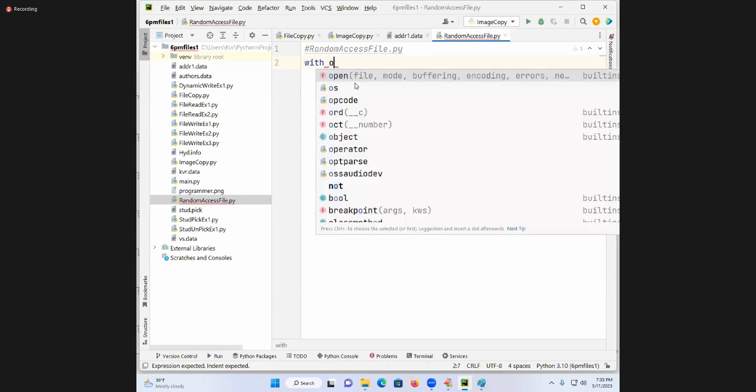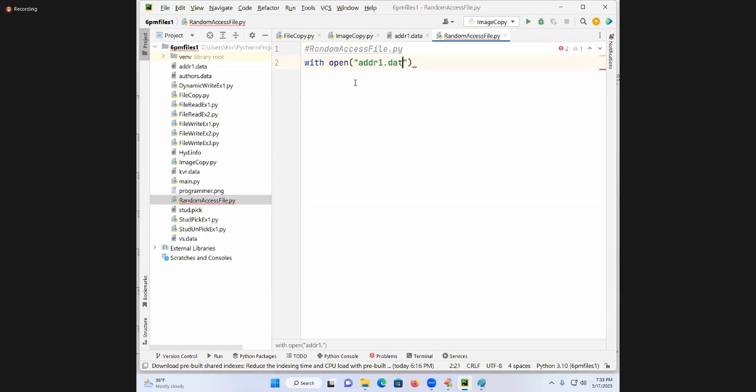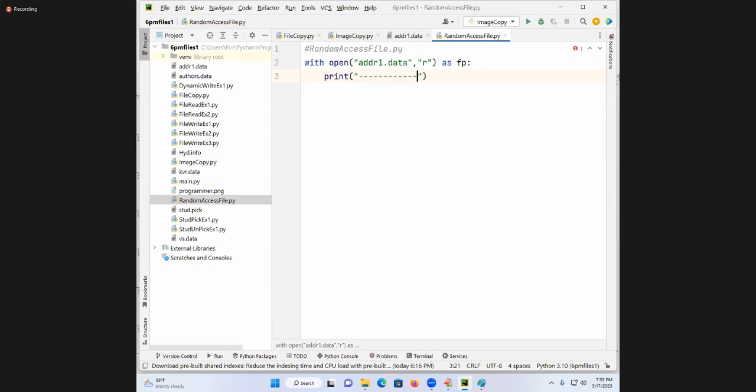Now I am saying print, open it. With open, I am writing addr1.data, comma, I will go for r, as fp. Where is my FP pointing? I am saying it is always pointing to the beginning of the file. How can I prove that? For that, I am now writing certain information, students. Carefully try to follow. Now I am writing print of initial position of